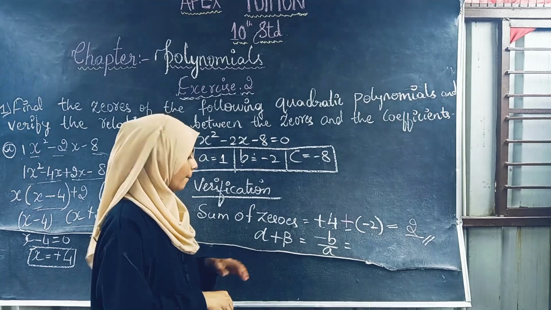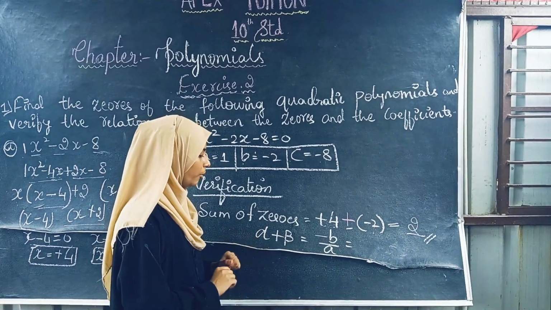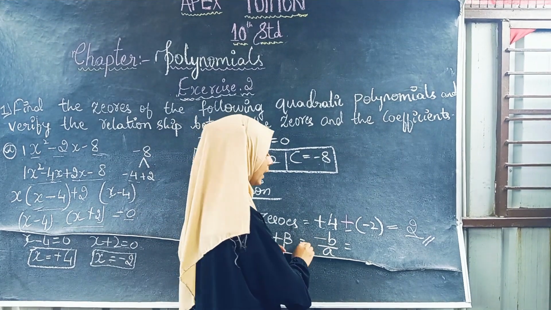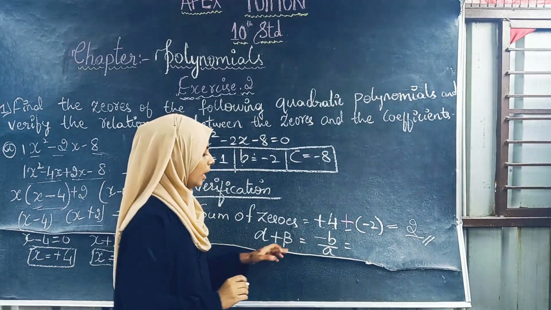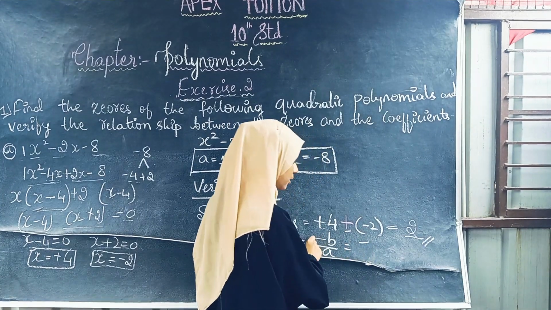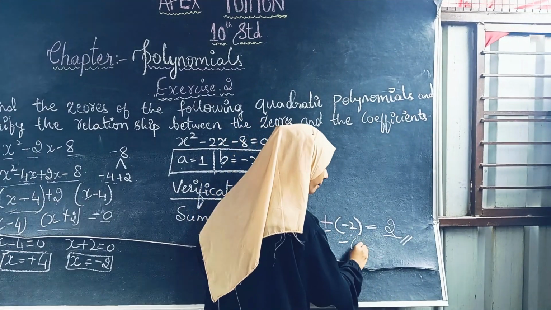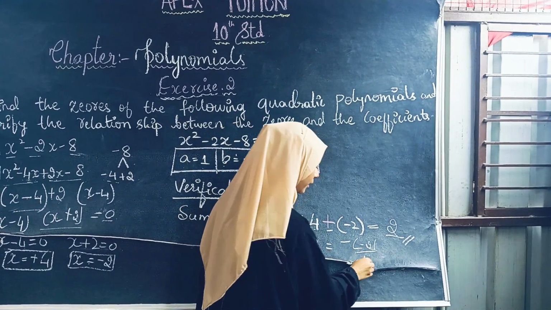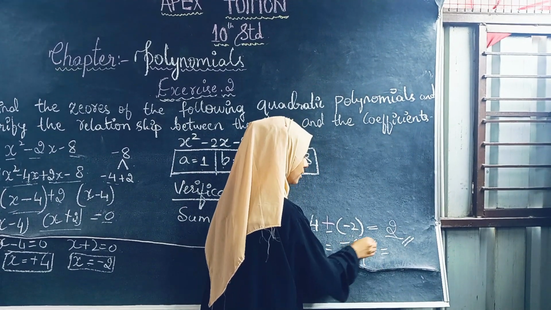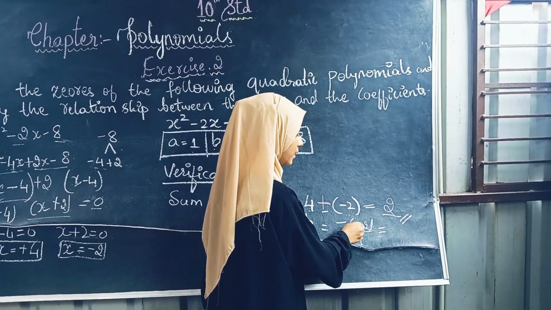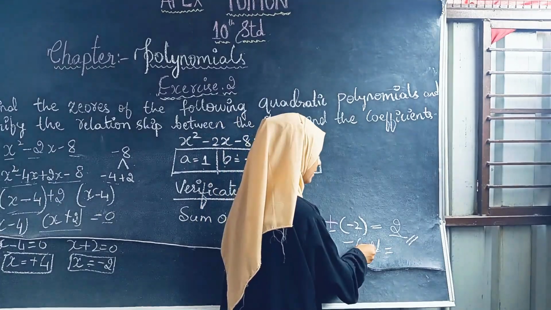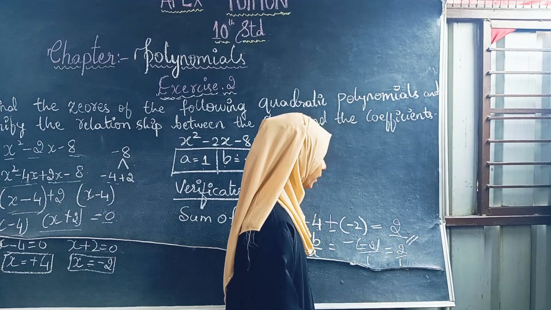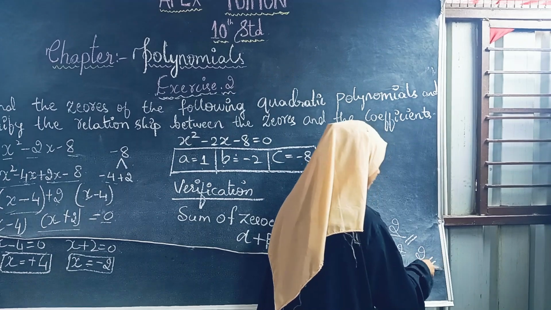Now we have to find it by the formula method. The formula of the sum of zeros is alpha plus beta is equal to minus b by a. Here we have to write according to the formula. First minus as it is in the formula, then b value is minus 2, by a. A value we have is 1, we will write 1 here. Then we have to multiply. The bracket is known as a multiplication symbol. Minus into minus is plus, 4. Minus into minus plus 2 divided by 1. Here we do not consider 1, we will write 2 as it is. This is the sum of zeros.